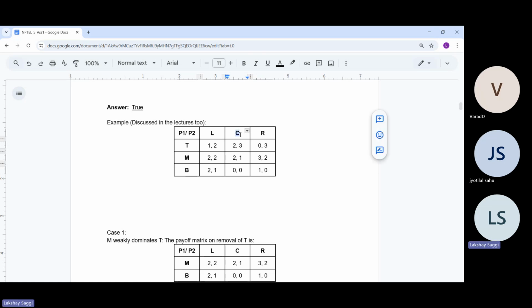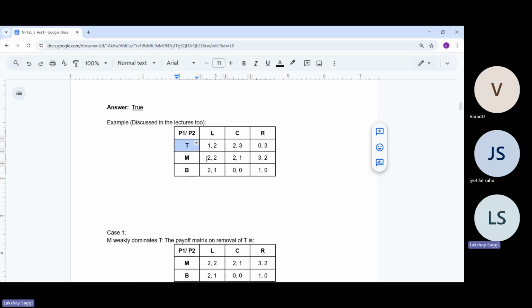Similarly, if the column player plays C, then the payoffs on playing M and T are equal, so the strategy M is no worse off than the strategy T. And if the column player plays R, then on playing M we get a payoff of 3, and on playing T we get a payoff of 0. Since 3 is greater than 0, again M is a better strategy than T. So whatever the column player plays, M is not a worse off strategy than the strategy T,